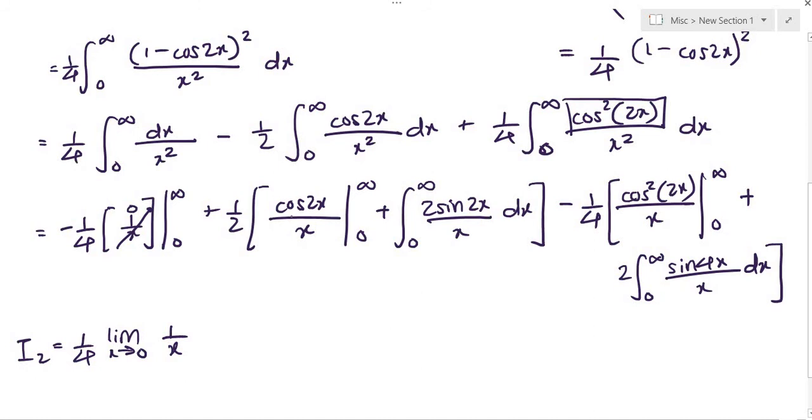Well now, cosine of 2x again is bounded between negative 1 and 1 as x tends to infinity. We don't know what value it will have. It will be somewhere in there, but we do care about the 1 over x. So as x tends to infinity this thing will go to 0 because of the denominator x. And when we have a 0, cosine of 0 will be 1, and then it's sort of an indeterminate form. So negative 1 over 2 times the limit as x tends to 0 of 1 over x, and these 2's will sort of cancel out.